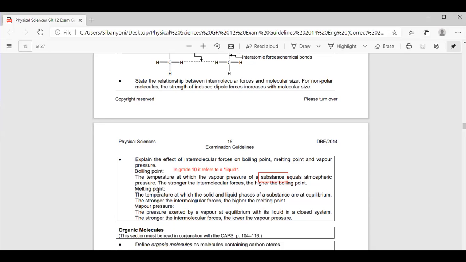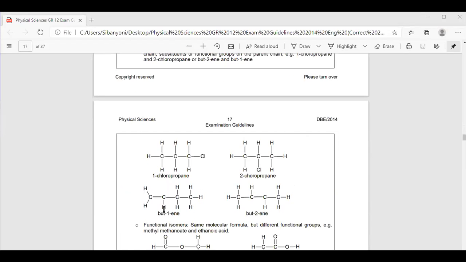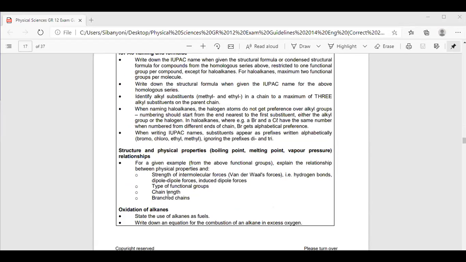Now, for now, my dear learners, I am not necessarily defining that for you. We will be dealing with that as we do questions. We are just going through an overview of what we need to know and understand in this section of the work. Now, all these 3 properties that we are looking at, we must then be able to establish a relationship between boiling point, melting point, and vapor pressure